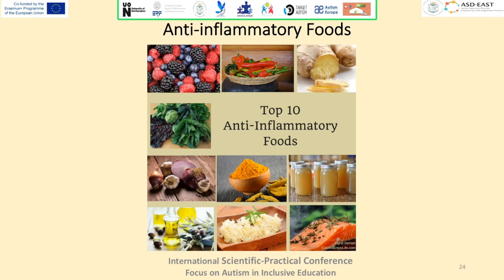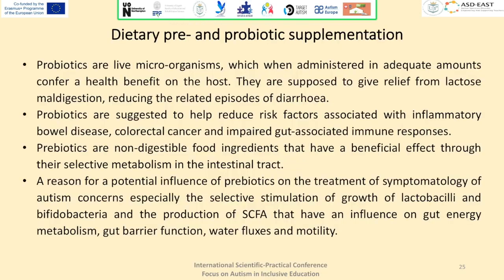On this slide, you can see the top 10 anti-inflammatory foods which you can give to children or persons with ASD who have elevated antibodies to casein, gluten, and lactalbumin, and you can see the improvements: onion, garlic, pepper, fruits, salmon, and other foods. Dietary pre- and probiotic supplementation is also very important in the biomedical treatment of children with